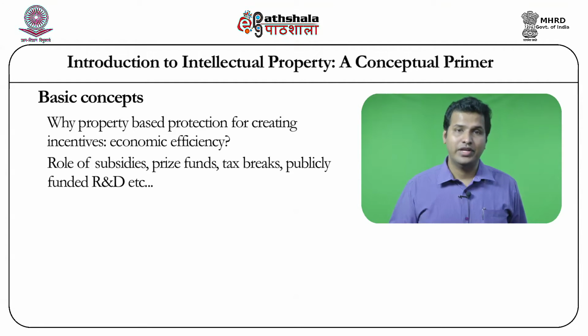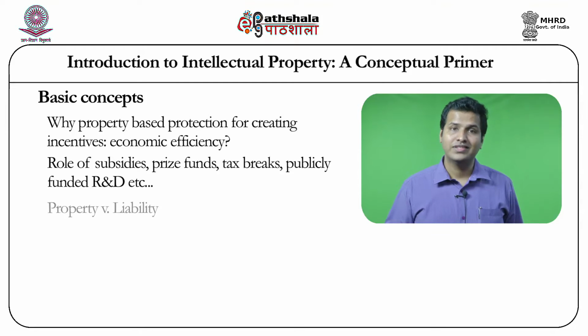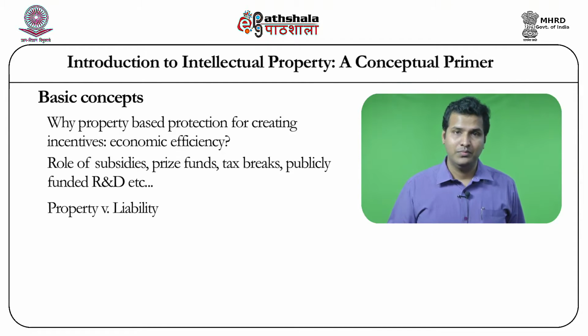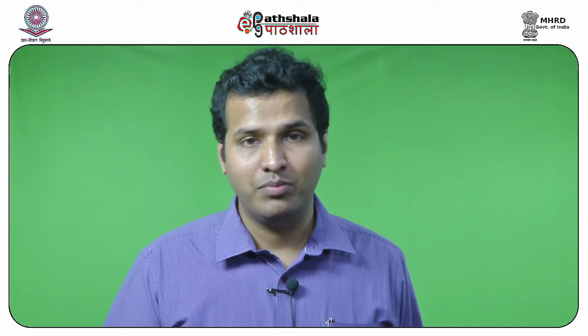This can be classically explained through concepts like property versus liability. In a property system, the entitlement that the IP owner or the intellectual property holder has to receive is determined by the market, because market forces will actually decide how much remuneration should go back to the IP holder once the product is put by the IP holder in the market, and given that it is protected by law. But in case of liability rules, the entitlement that the inventor or creator should receive is decided by some third party.